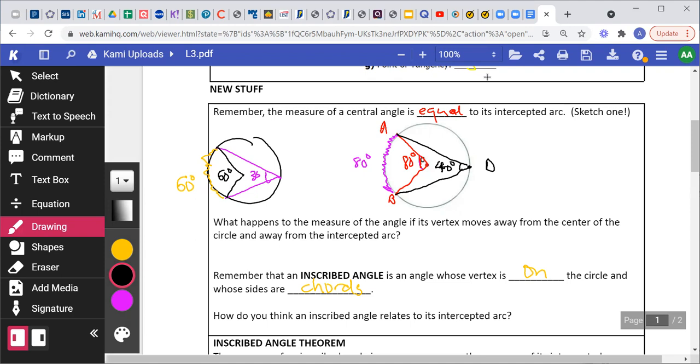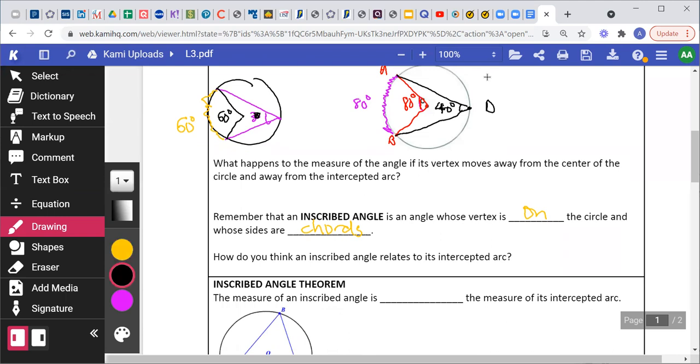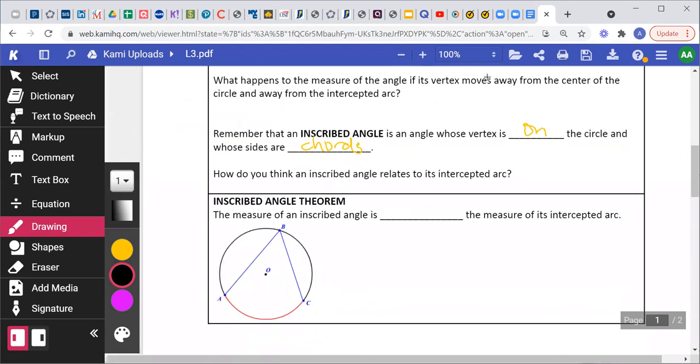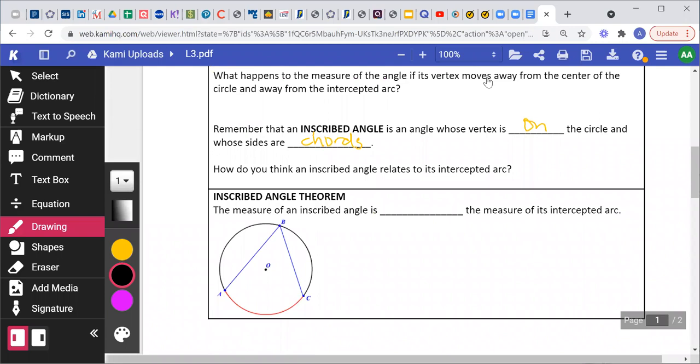Central being 80, inscribed is 40. And the number goes on like that. But I'm not going to compare inscribed to center right now. I'm just going to compare inscribed to the intersected arc. So here, the definition is going to be the measure of an inscribed angle is half